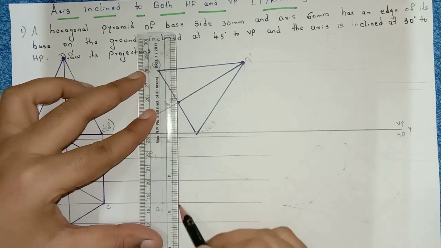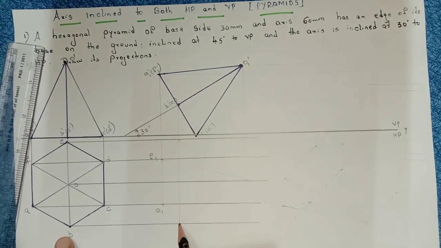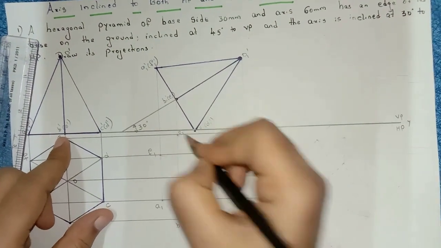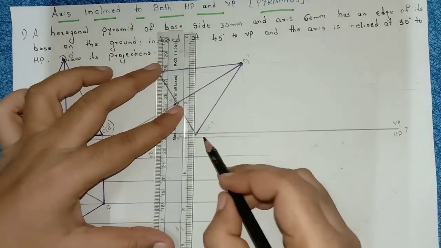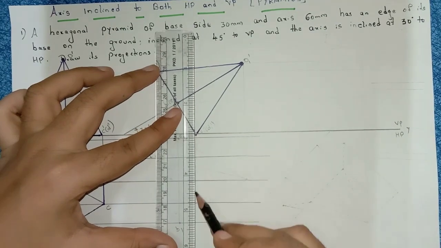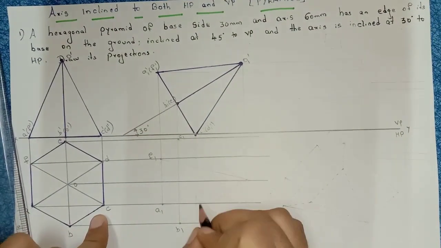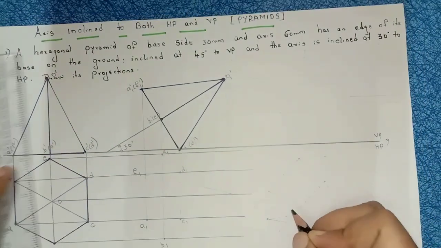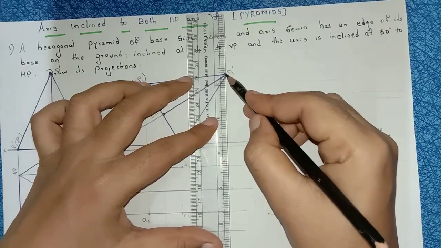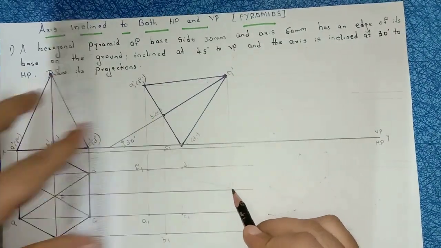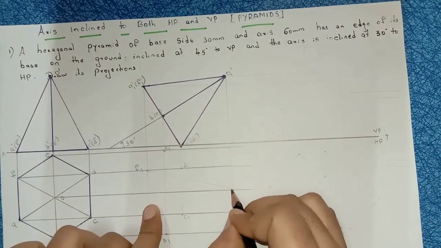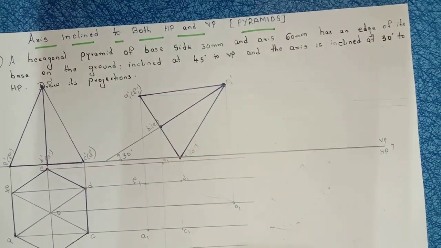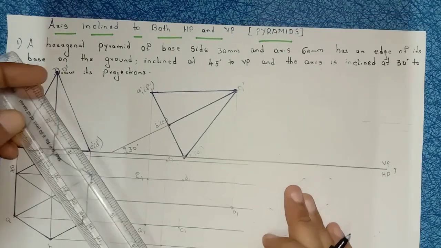After that, B1 dash, E1 dash. From B1, I am drawing a projectional line till B point, naming it as B1. E point, naming it as E1. C1, D1. From C1, D1, I am projecting a line till C point. Name it as here C1. This point is here D1. After that, from O point also you have to project a line from O to this point O. Name this point as here O1. Right? Now join this A, B, C, D, E, F. You will get the hexagon here.